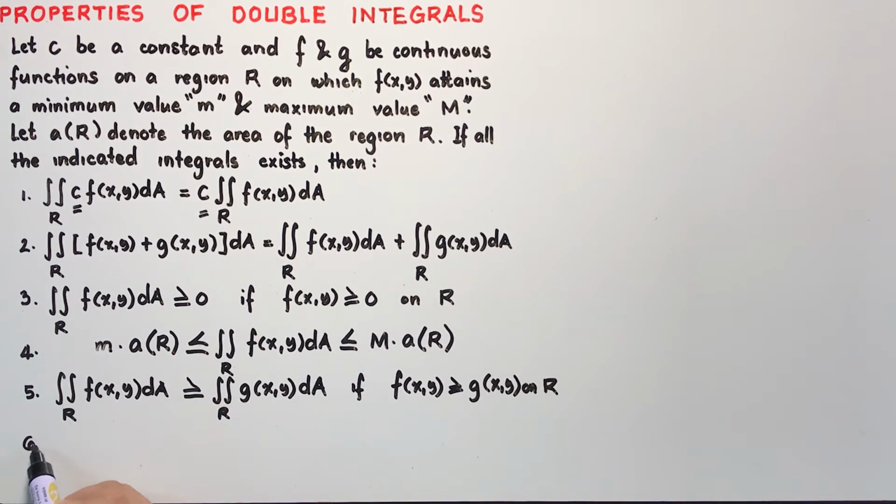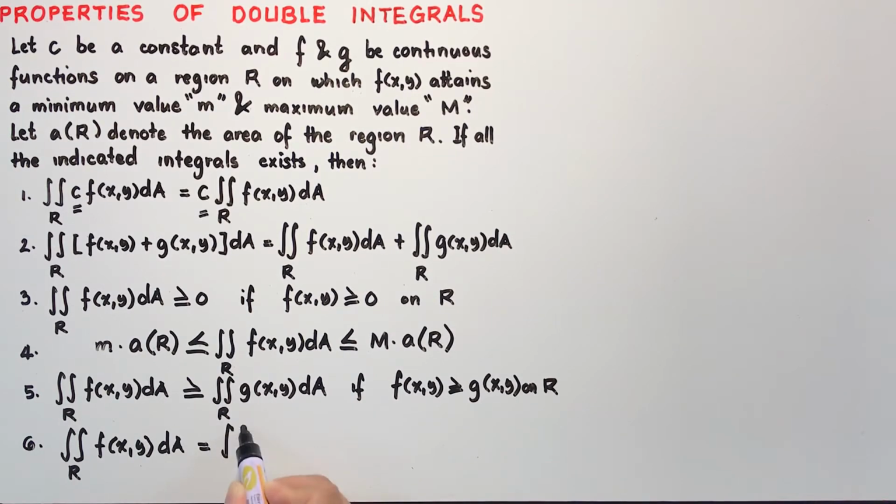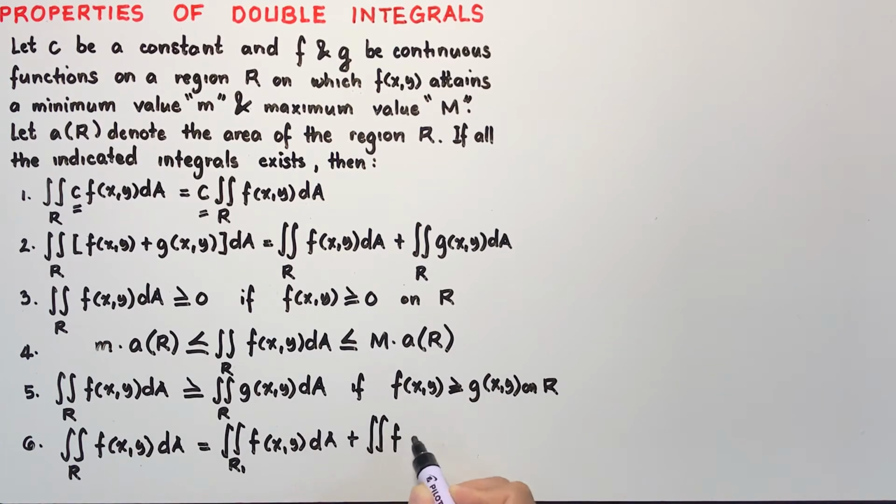Number 6 property states that the double integral of the function f(x,y) dA over a region R is equal to the double integral of f(x,y) dA over a region R sub 1 plus the double integral of f(x,y) over a region R sub 2 dA,